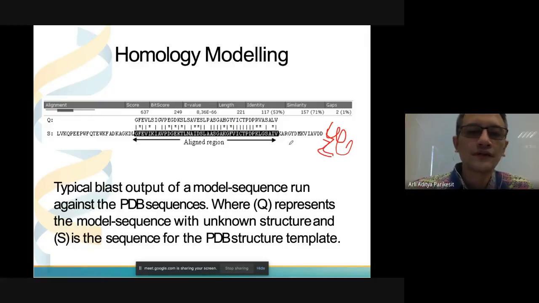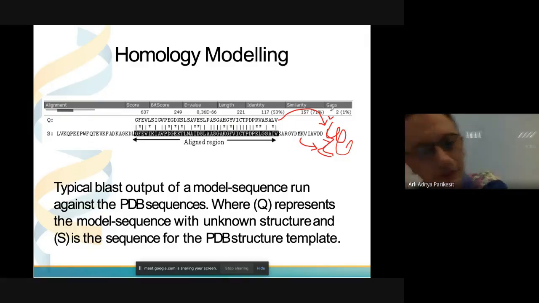Because the query has a significant homology with the template, this is the structure from the template, so it means that the query has a similar structure. That is the simple idea of homology modeling. The basic theory of homology modeling is like that.